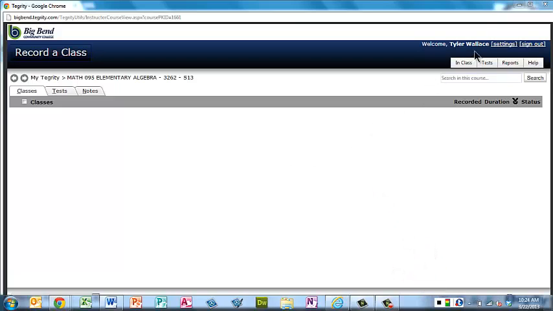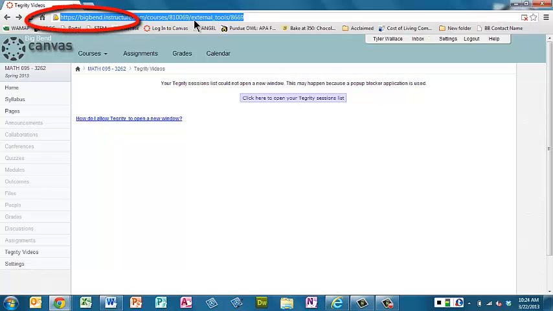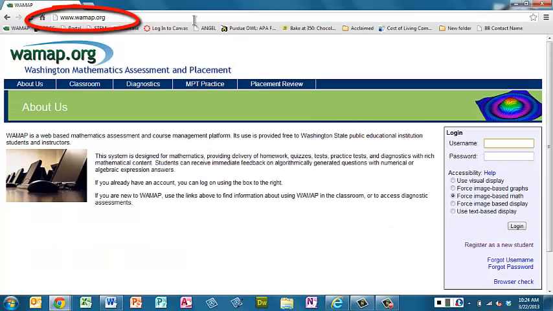To get to the actual test, you'll need to get back to your web browser, which you can get to by minimizing the Tegrity recorder. At this point, we can go back to our URL and go to wamap.org, log in, and take our test. For the trial run, rather than logging into WAMAP, you're going to read a paragraph that is listed in the instructions at the link below this video. Read that paragraph to make sure the sound is working,